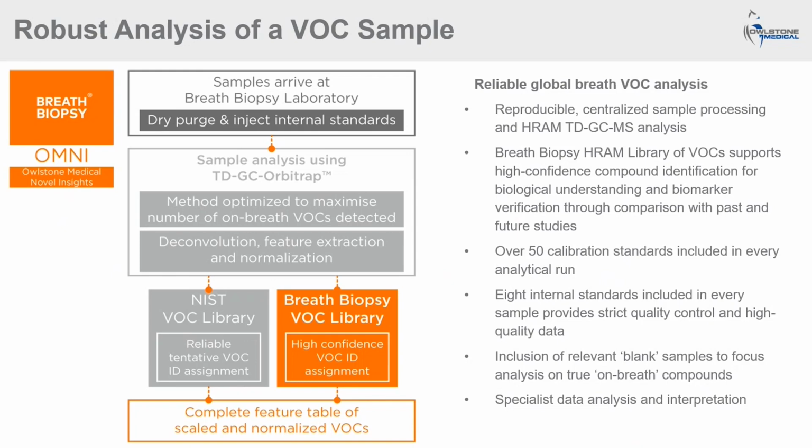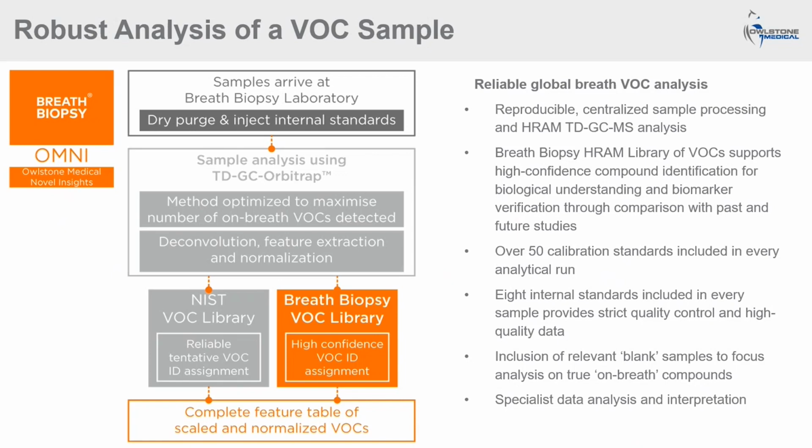What we've seen is that too frequently in this field, untargeted discovery studies have shown some really interesting findings. They've shown the presence of some really interesting VOCs or breath patterns, but they've not conclusively identified what those VOCs are, which then makes it really challenging to further translate those, because you don't know if your targeted assay is indeed looking at the right molecule, and it's very hard to understand biology if you're looking at the wrong molecule too. So we've optimized an untargeted GCMS methodology and QC processes to go alongside this on some very high specification instruments to overcome some of these challenges.